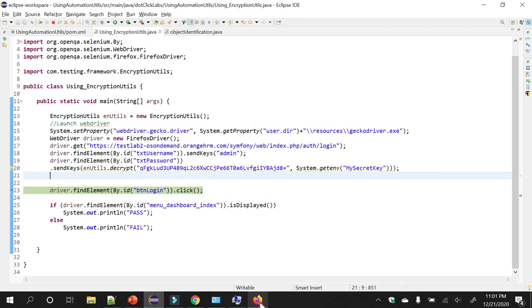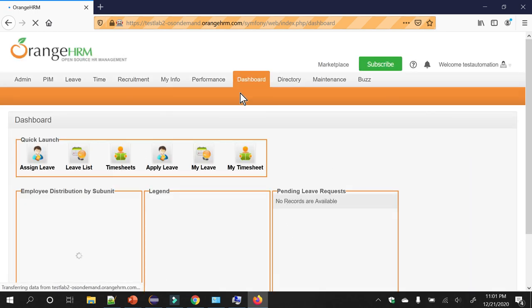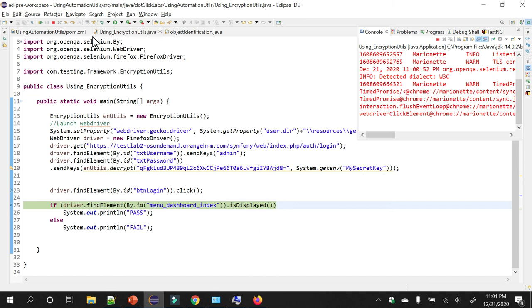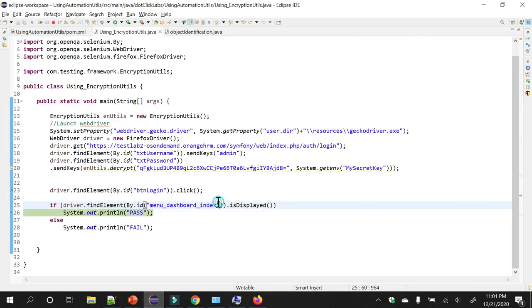Okay, so click on login. See, login is successful, isn't it? So now this particular menu is displayed, then you can say the test is pass. Test is pass, else test is fail.